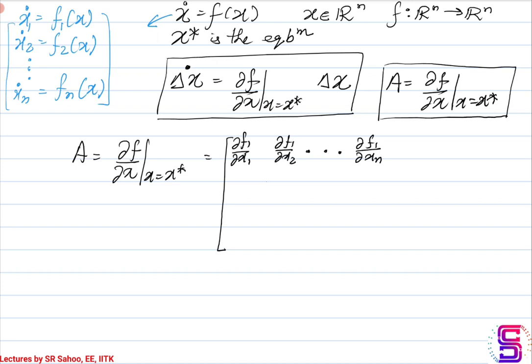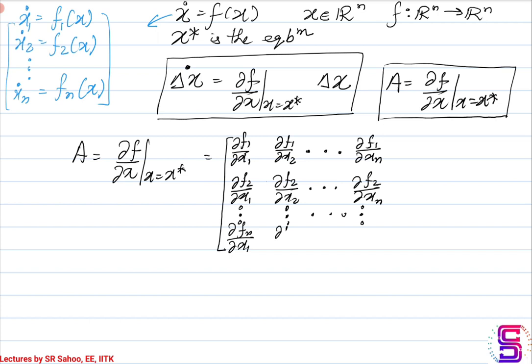Now we'll move on to the second row, which is del f2 by del x1, del f2 by del x2, and so on till del f2 by del xn. So in the second row, the partial of f2 is taken with respect to x1, x2 till xn, and we continue doing this till we reach the last row, which is the nth row, where